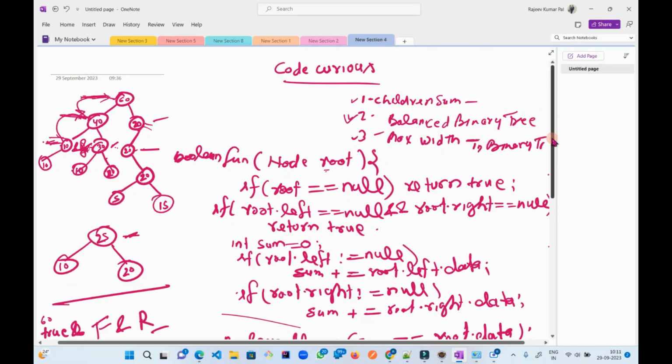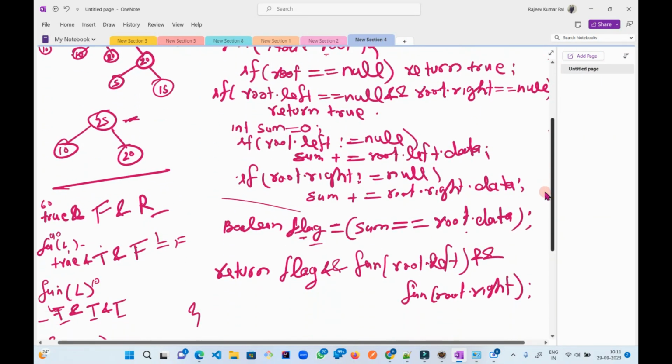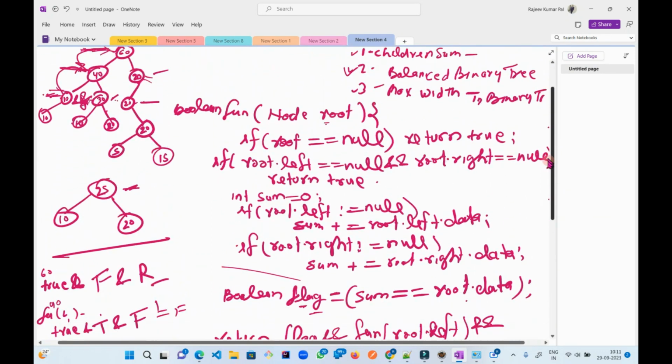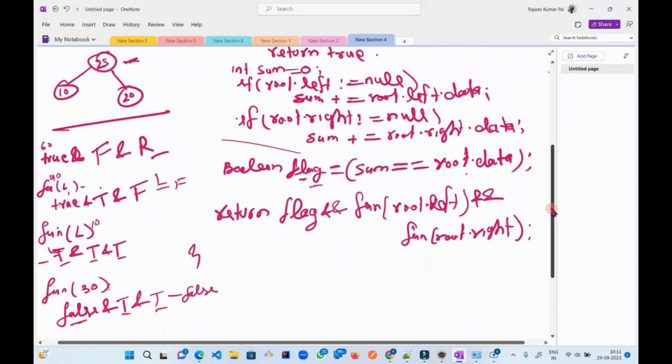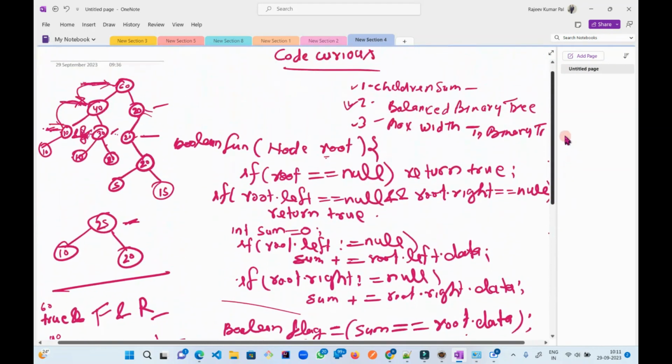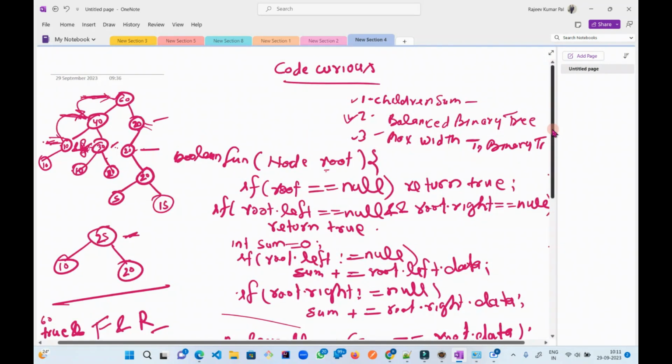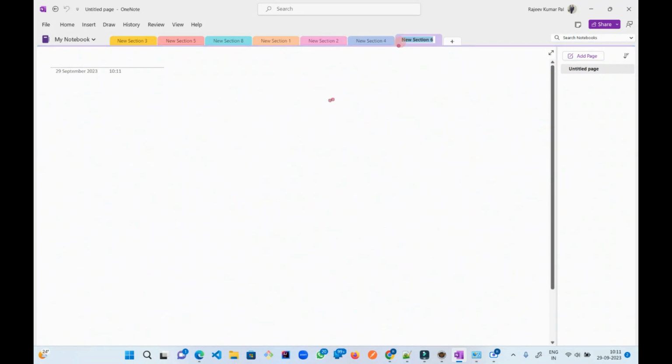In the tree section, if you see, we have a lot of problems, and I wanted to complete as much as I could. So let's work on the balanced tree. Balanced tree means, if you have some tree,